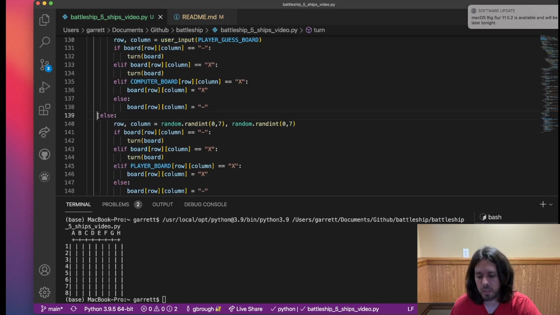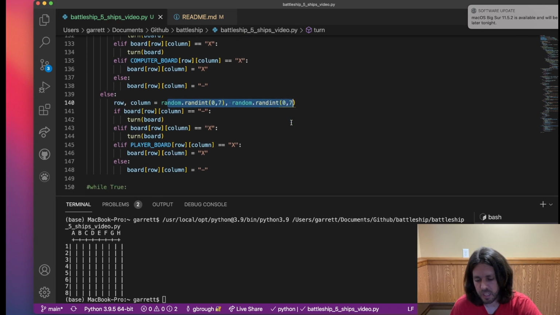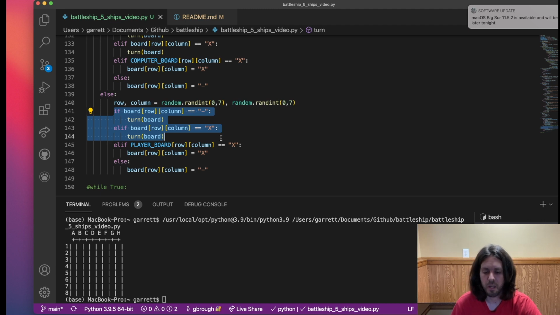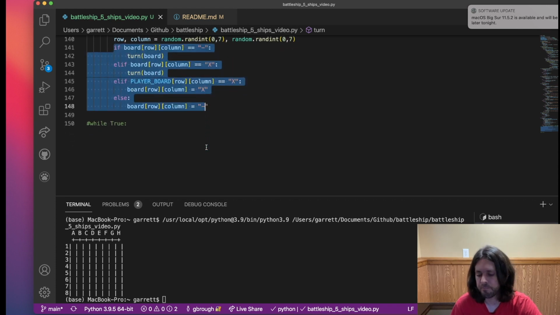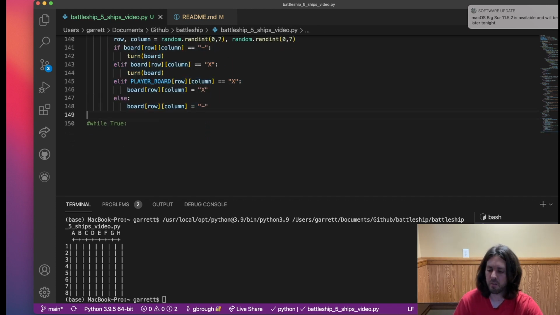Essentially we're going to do the same thing, but if it's not the player, then it's going to come down here, it's the computer. The difference here is that now row column is random. So the computer is going to choose between 0 and 7, both the row and the column. So same checks here for a miss, for already chose a hit, if it's a valid hit, or a valid miss. All right, now we can build out our run